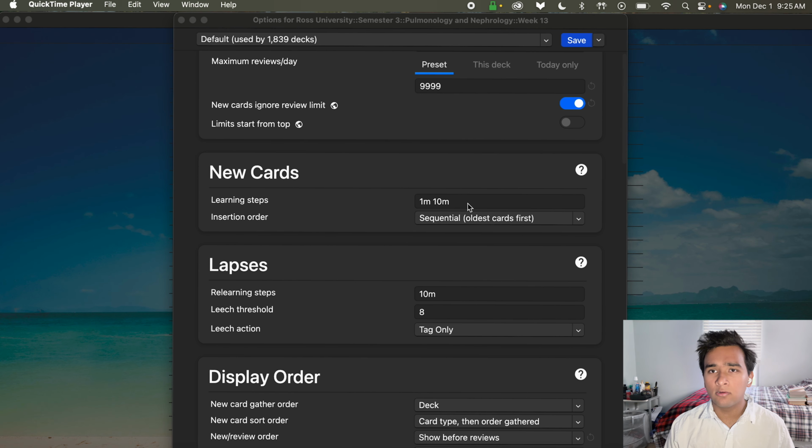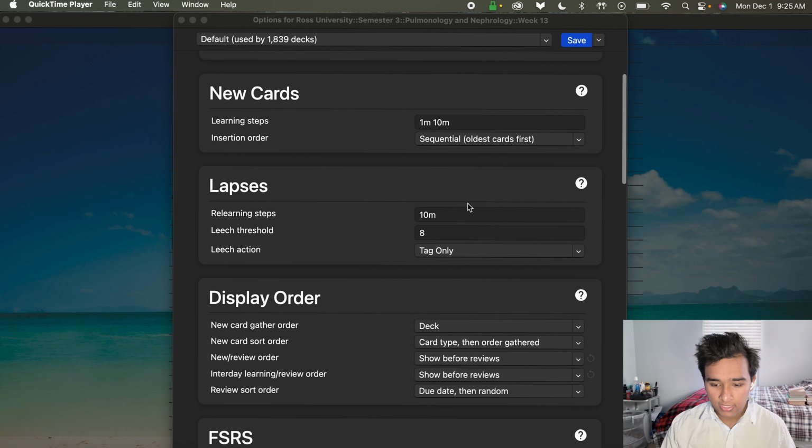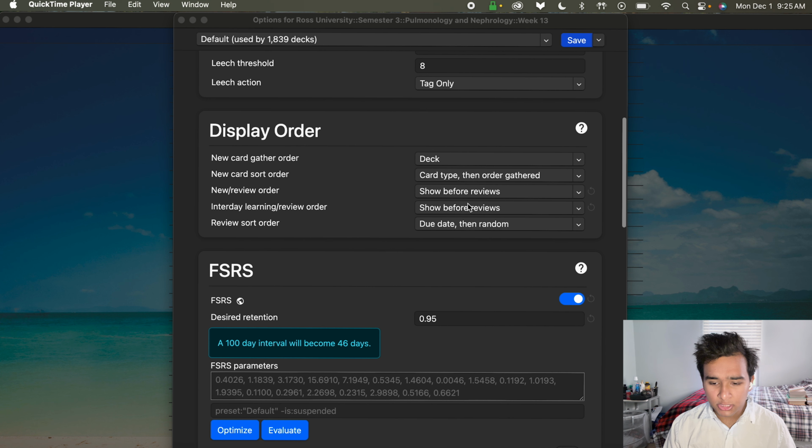For new cards, I don't remember if I changed this or not, but these are the settings I have. The relearning steps are 10 minutes. I don't really even know what leech threshold is, but it's 8. Leech action is tag only. Display order, I think a big